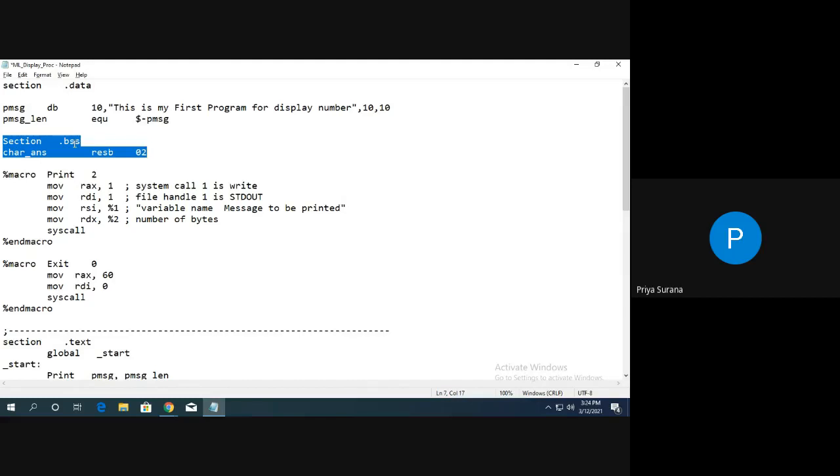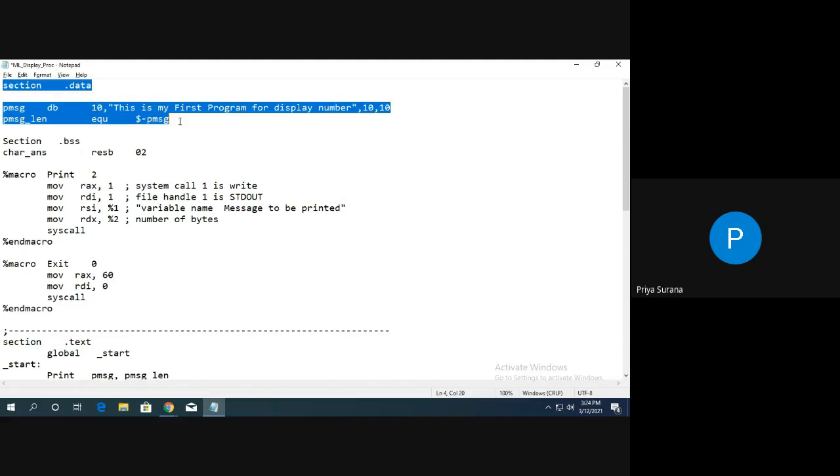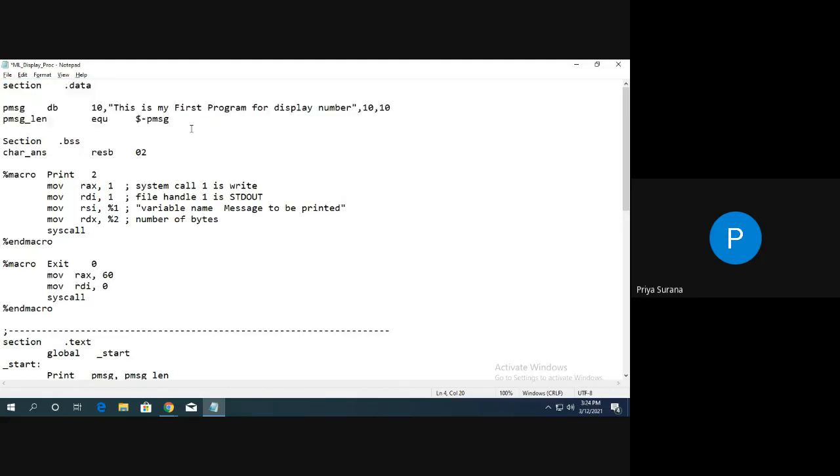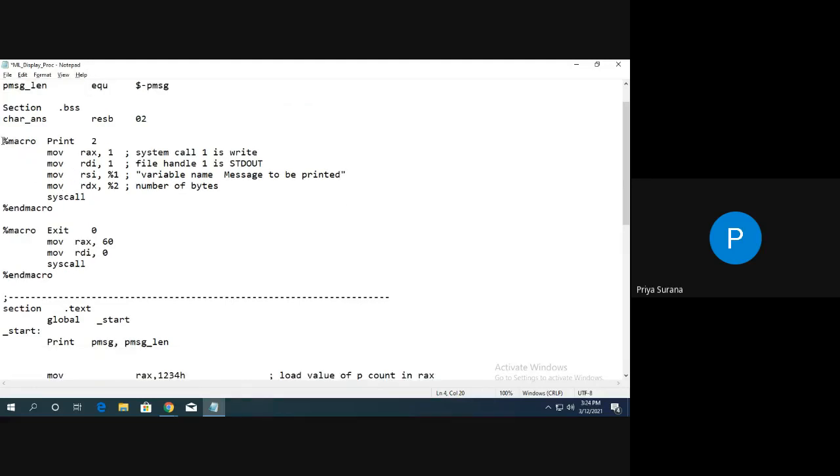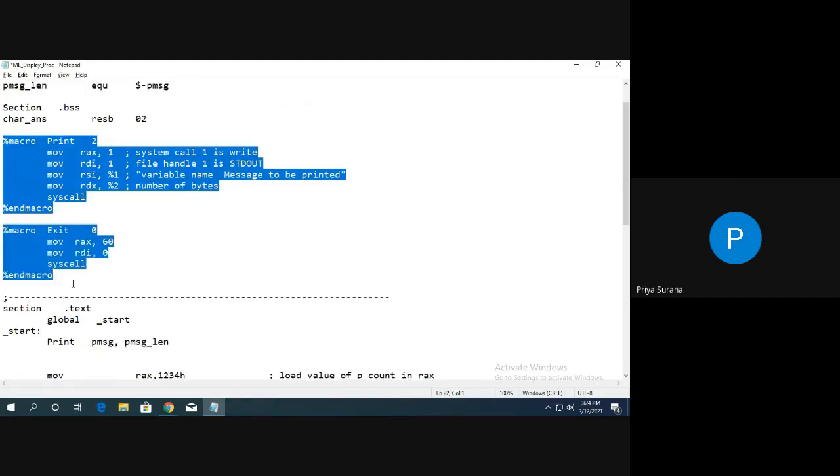And in section .data, you can initialize values to these variables. Messages and variables can be declared in the data section. Now, next is related to macro and syscall. Already in the previous session we discussed macro and syscall.